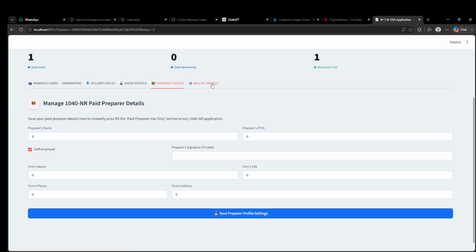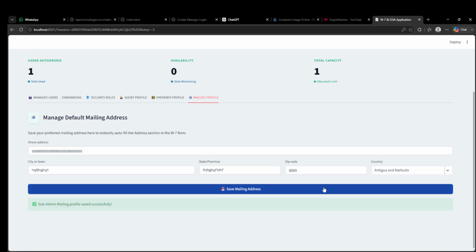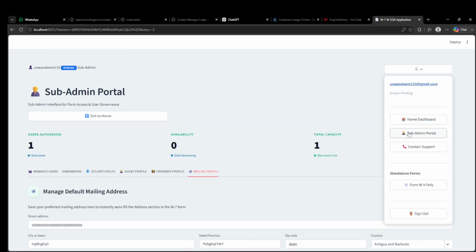So here, mailing address. This is for 1040 NR and a mailing address. You see, you can put any details here and save them, and you can use it repeatedly again and again. You do not have to write again and again, you just put it one time and you can use it again and again. Let's come here to the home dashboard,